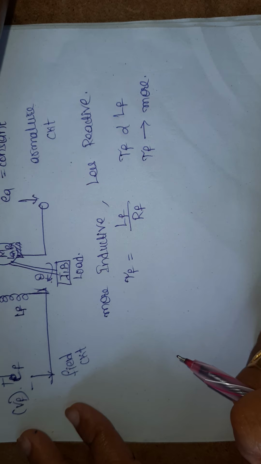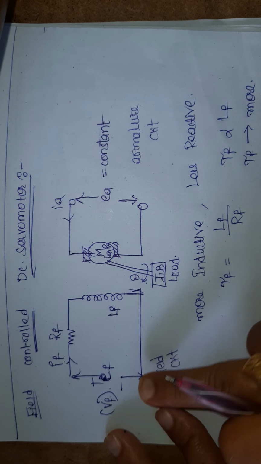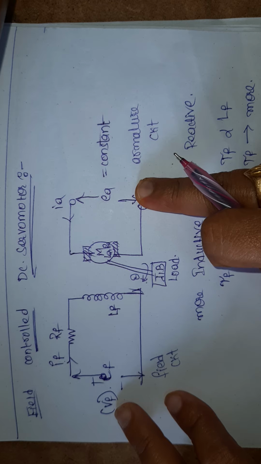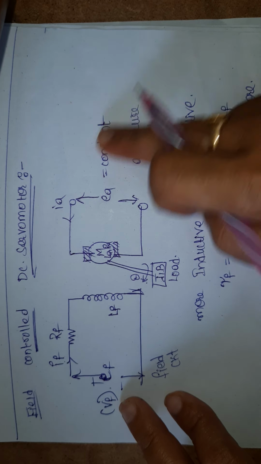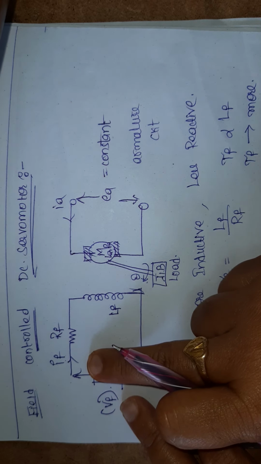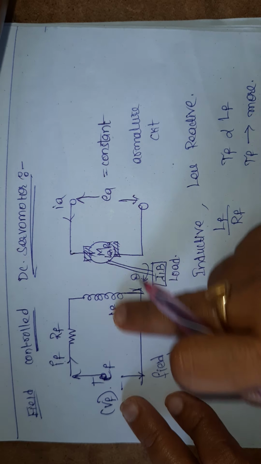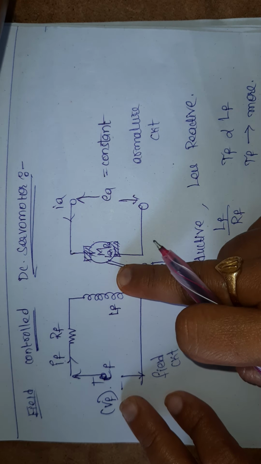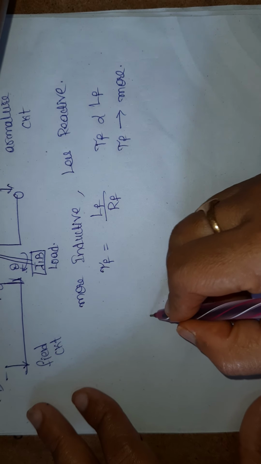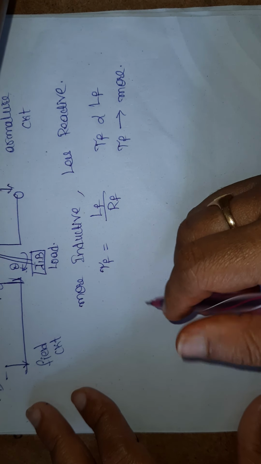First, same as before, two DC sources are required to operate the field control DC servo motor, that is EF and EA, where EA is kept constant and EF is varying. If EF is varying, IF will vary. If IF is varying, the flux generated by this field will vary. Okay, now I am going to get the expressions.